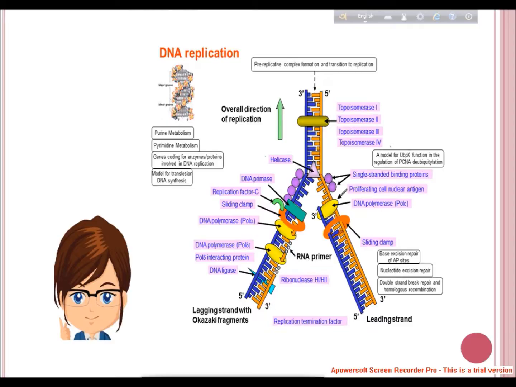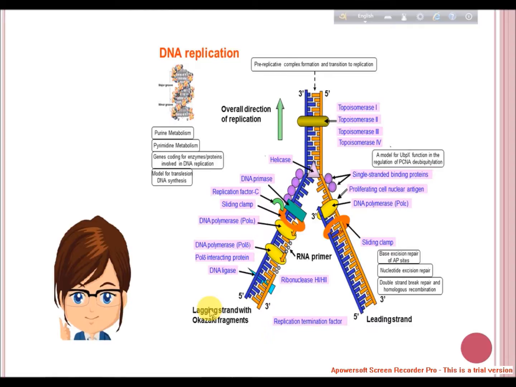The third step is the termination. Once the new strands are complete, the daughter DNA molecules revert automatically back to their original helix structure. The problem with the end of a linear chromosome is that the RNA primer has been removed from the 5' end of each daughter strand. There is no adjacent fragment onto which new DNA nucleotides can be added to fill the gap. The result is that each replication results in a slightly shorter daughter chromosome.